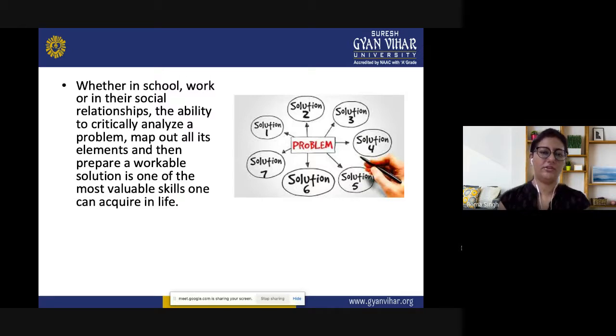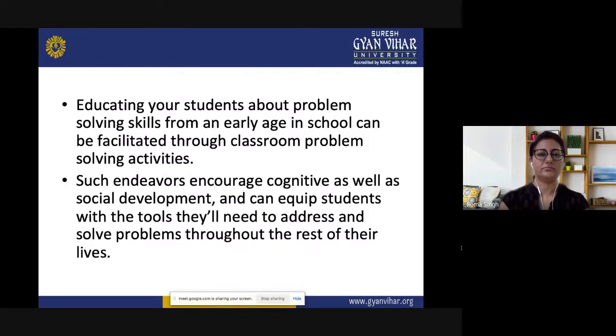See, after we go through a problem, we will face many kinds of alternatives. We will find out many kinds of alternatives. And out of these alternatives, we have to find the correct one. We have to choose the right one, so that it should seem like the correct solution to the problem.